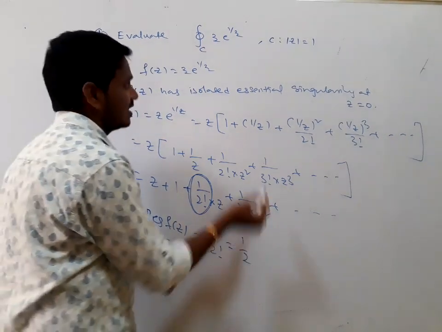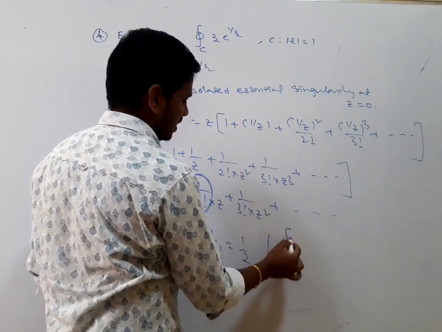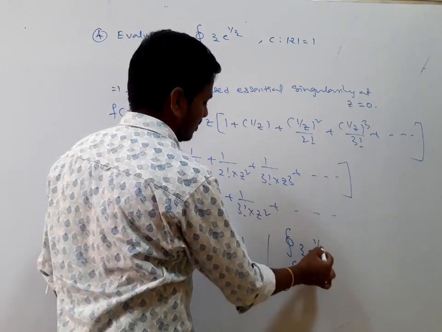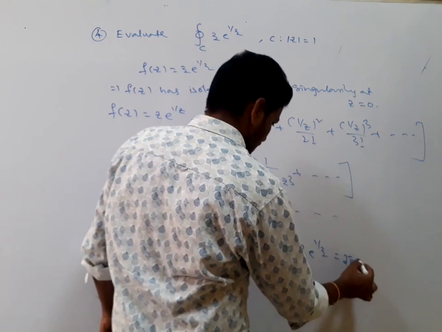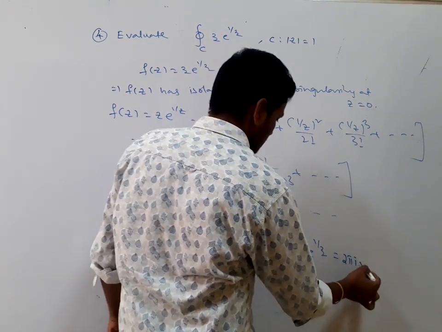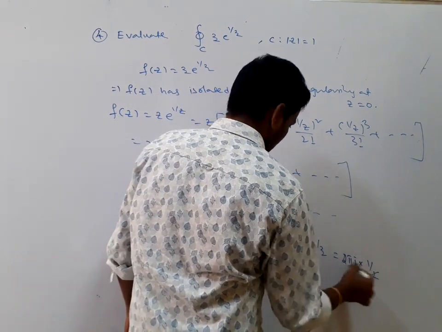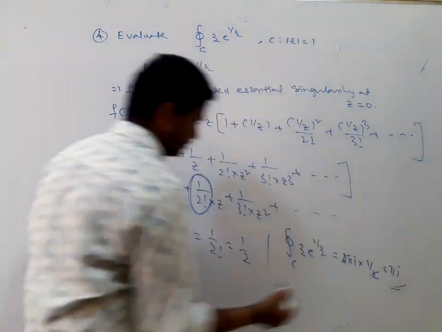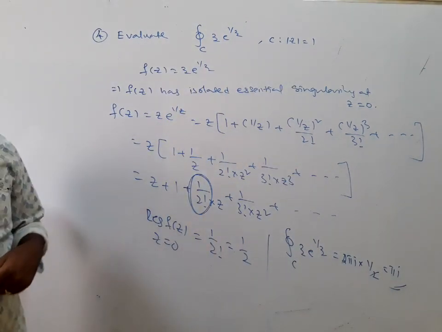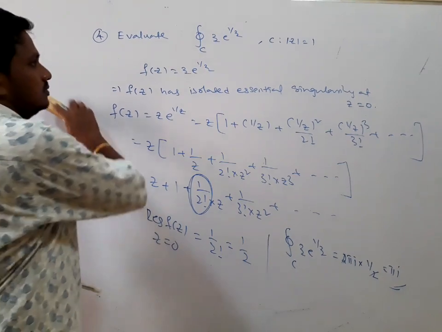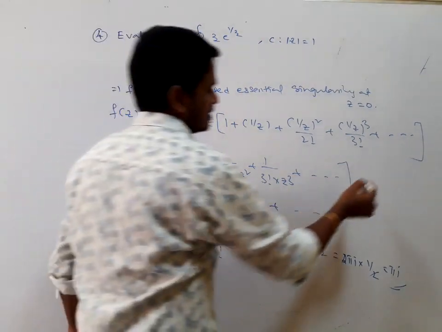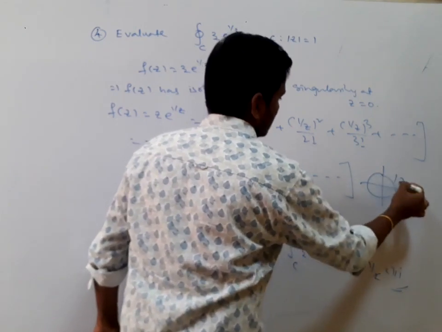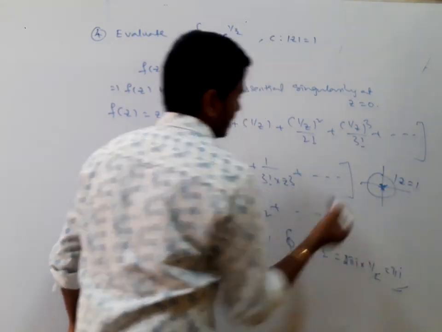So from this we can write the integral value, right? The integral over c of z e to the power of 1 by z is equal to 2 pi i into the only one residue existing here, which is 1 by 2, so the answer is pi i. Right, next. That 0 lies inside the region also. If you write the region as mod z is equal to 1, here 0 lies inside the region.